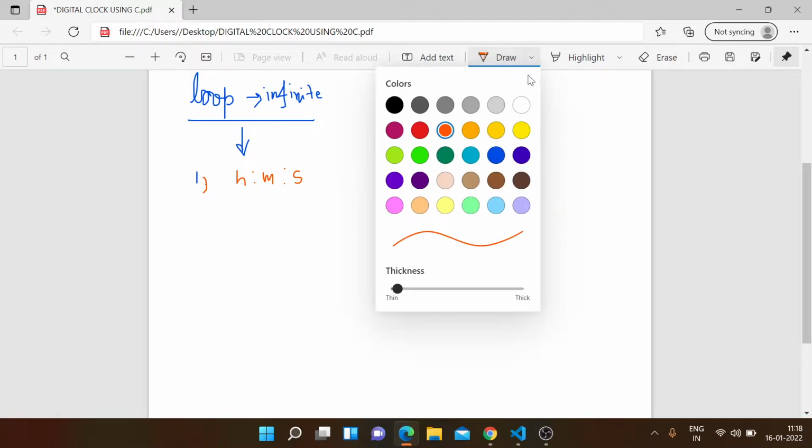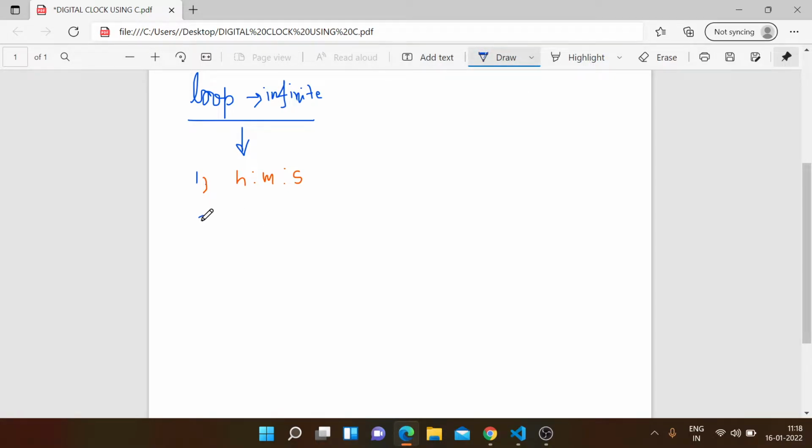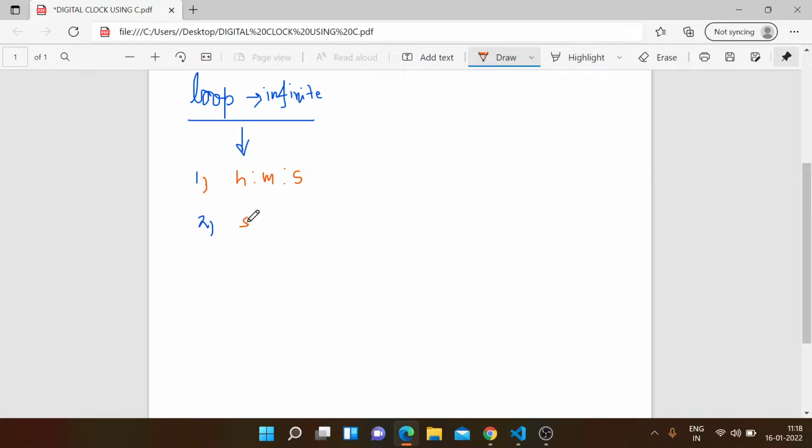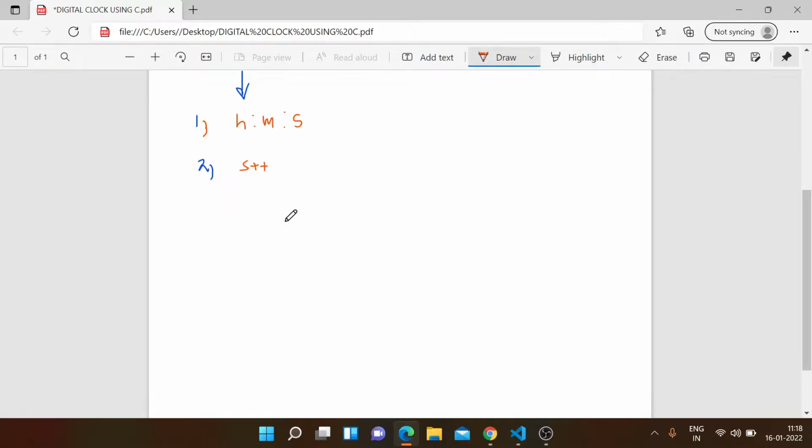The second thing is that we need to manipulate something. Suppose we need to increase the second first. Second will go on, so we will increase the second. In the third step, second is increasing 1 2 3 4 5 6 7 8 9 10. Now when second becomes 60,